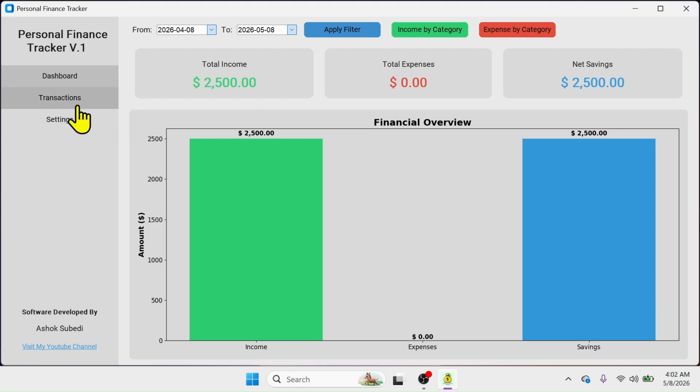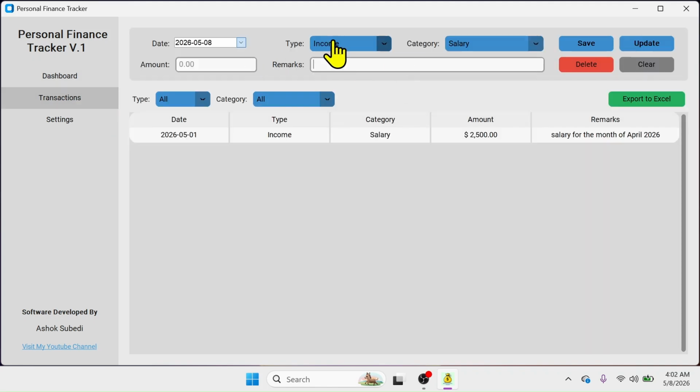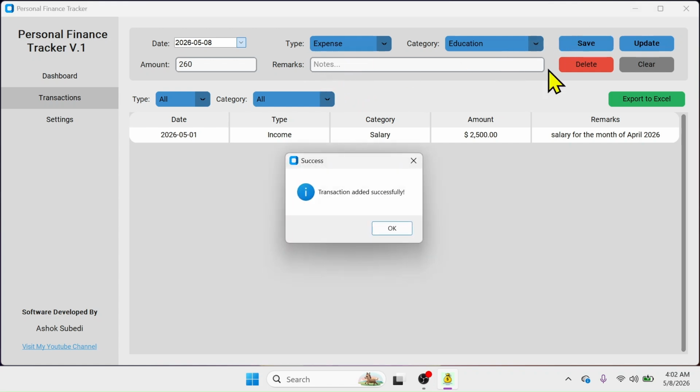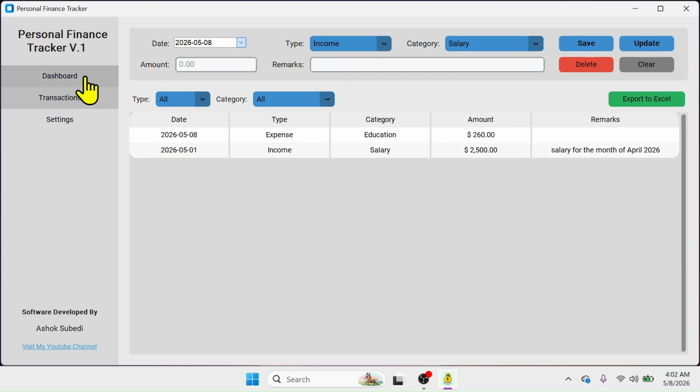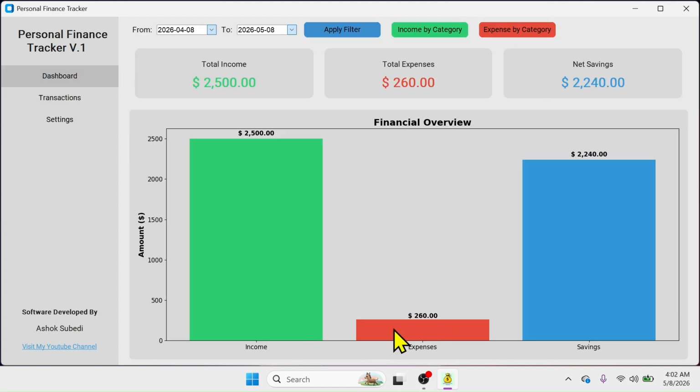Now let me go to transactions, then add expenses here. From the type, let me select expense. From the category, let me select this education, and in the amount, let me put $260. In the remarks, you can put a note or remark, or you can leave this field blank. Now click on the save button. Transaction is added. Go to dashboard, and here you see the expenses are automatically updated, and the saving gets